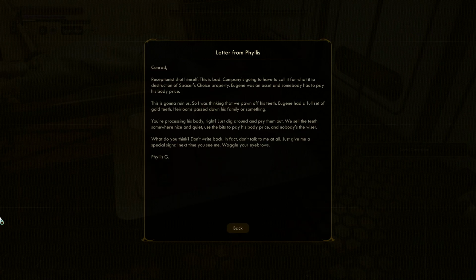Examine. Letter from Phyllis. Conrad, receptionist shot himself. This is bad. Company's going to have to call it for what it is. Destruction of Spacer's choice property. Okay. Eugene was an asset and somebody has to pay his body price. This is going to ruin us. So I was thinking that we pawn off his teeth. Eugene had a full set of gold teeth, heirlooms passed down his